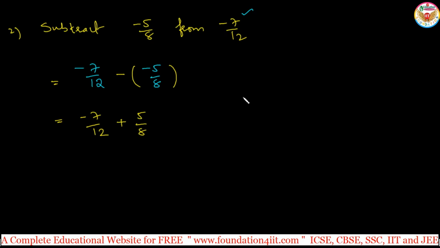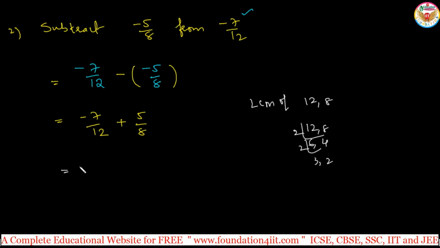And for 12 and 8 we calculate the LCM. LCM of 12 comma 8, so that is 24 we will get, right? Already we did this previously. 12 comma 8: 2 table, 6 4. Again 2: 3 2. 2 is a 4, 4 3 is a 12, 12 2 is a 24.